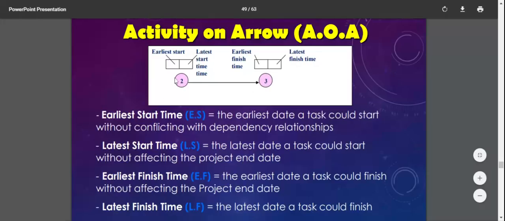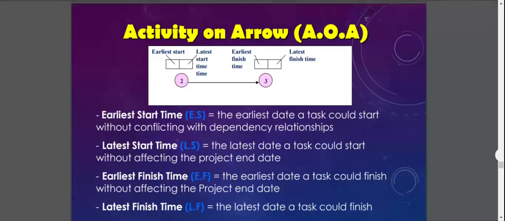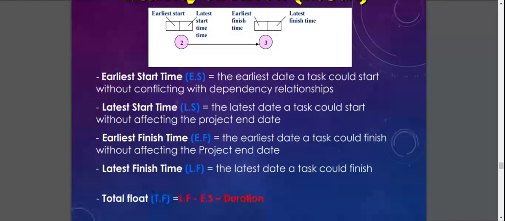At activity 2, you have the earliest start and earliest finish time from 2 to 3, and you have the latest start here from activity 2, and the latest finish at activity 3. So you read through this one. Earliest start time is the earliest day a task could start, same as I mentioned before.